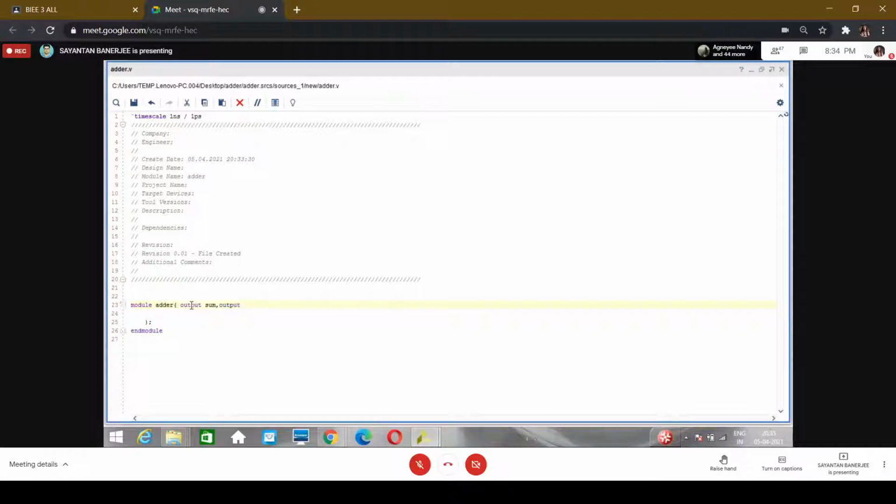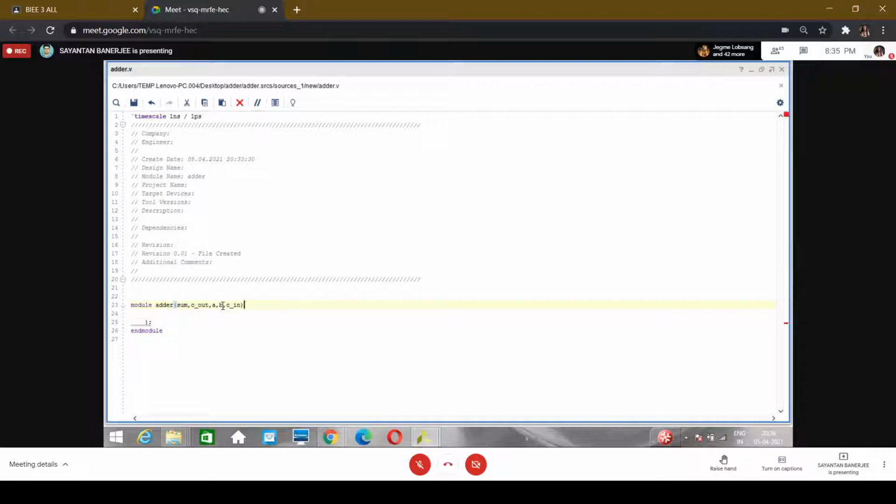We can explicitly write output, or we can simply write sum comma, the output at the beginning and input at the end. Another is carry output, that is C out. And inputs are A, B, and C input. We're writing sum, C out, and our inputs are A, B, and C input.